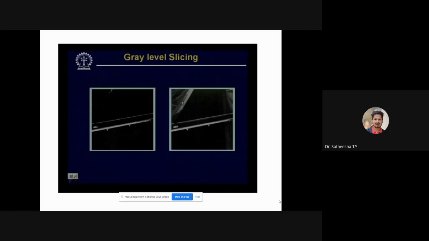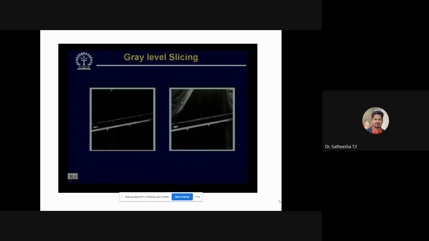The result is that the first image shows only the desired intensity levels retained with enhancement, and all other regions are suppressed. The right hand side image shows that the desired range of intensity levels has been enhanced, but other intensity levels are retained as they are.